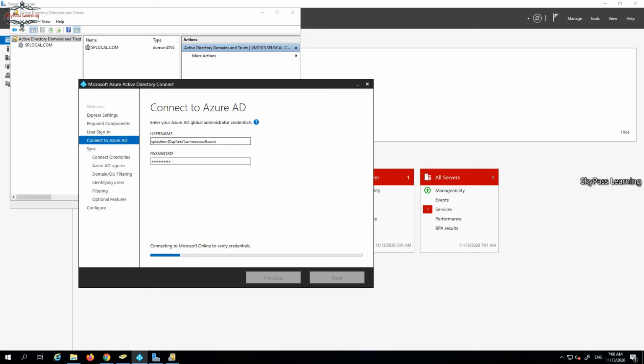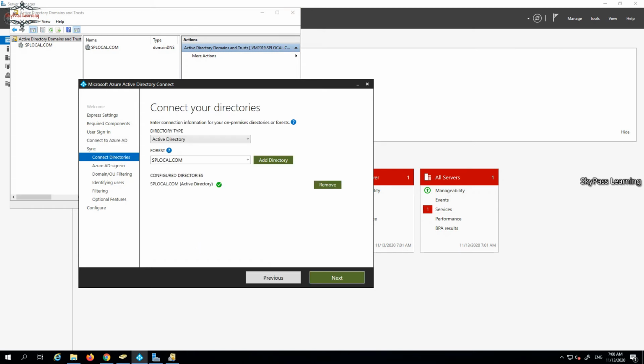Okay, let me connect it once again. We have only this Active Directory. If you have multiple forests, you will get an option for other forests, or if you have multiple domains, you will get those directory options. You can add it here.